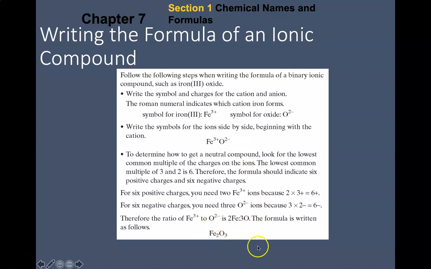In this particular case, then we can go back and we can check it by actually multiplying out the charges. Remember, it should balance. The whole idea behind doing this crisscross method is that it makes a neutral compound in the end. And so that neutral compound for this particular example is going to be Fe2O3. Again, you can prove it to yourself since you know that the iron is a 3 plus charge. If there are 2 of them in this compound, that means 2 times +3 becomes +6, and then 3 times -2 becomes -6. +6 and -6 cancel out to be 0, which is the whole idea behind us writing